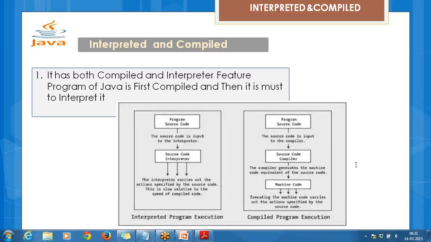Converting from source code to machine code. Yes, absolutely correct. Compilation means, in C and C++, we used to write the file and we used to have the compiled version in machine language, the exact copy in machine language, which the compiler used to read and then give us the errors in our own file.